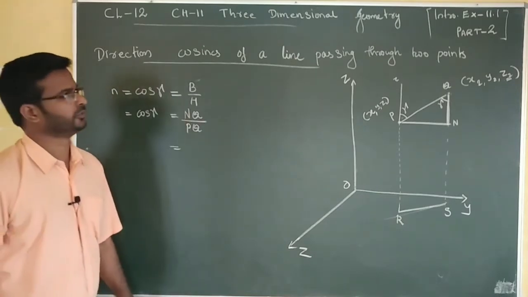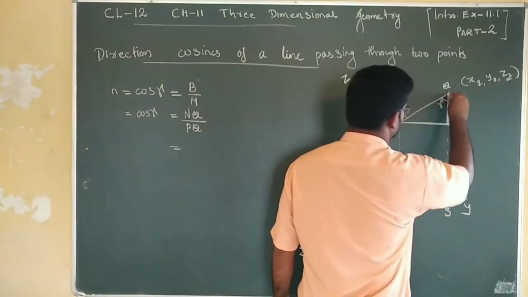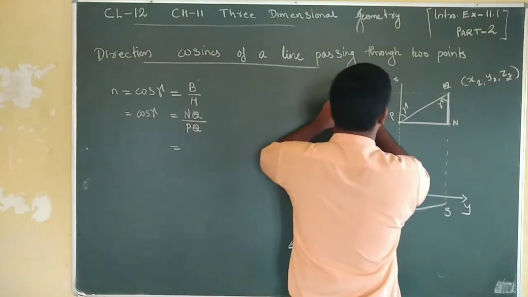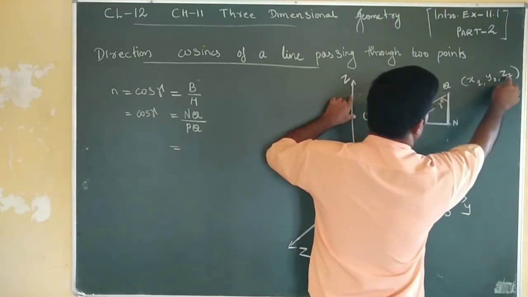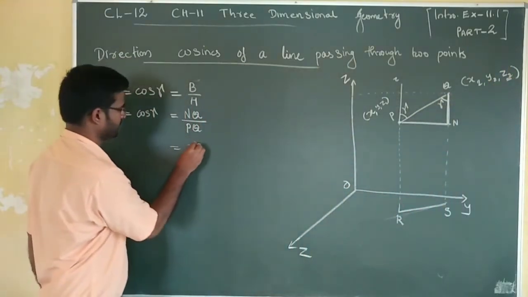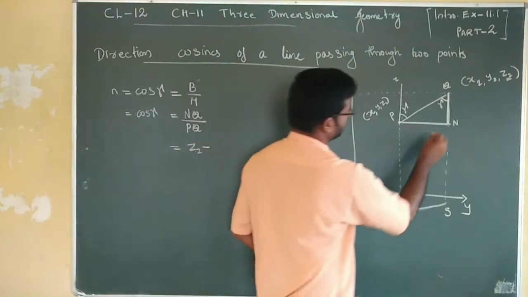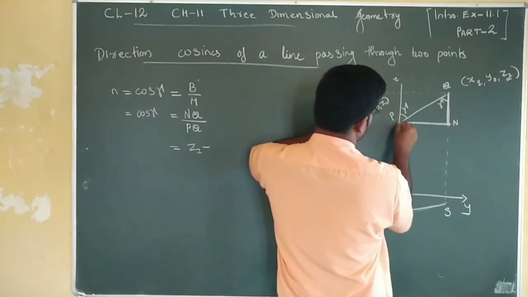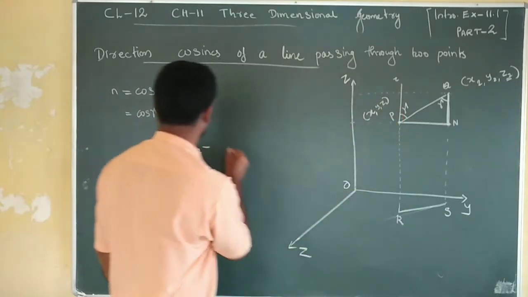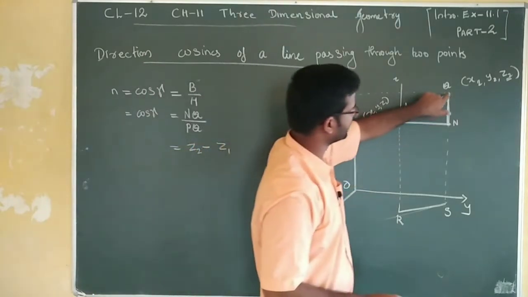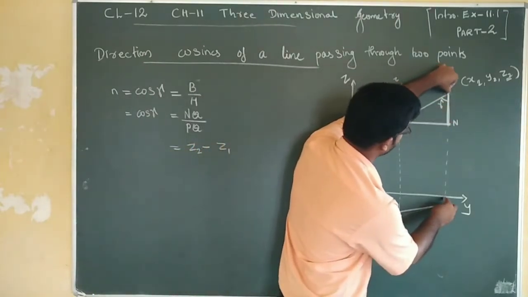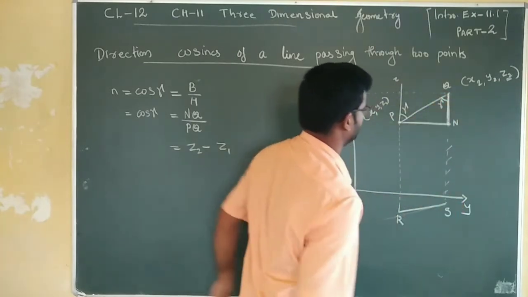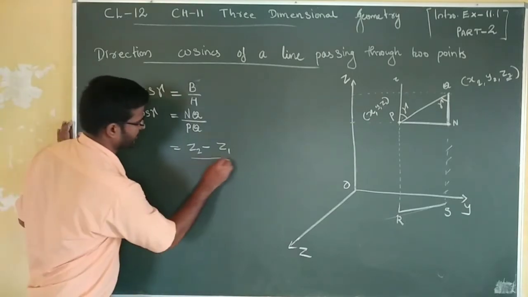Now we can write NQ. NQ means this distance. You consider this point. What is in here? This is z-axis, isn't it? Z-axis means we can write Z2. Z2 minus in here this point NQ. You will get which point? That will be P point. Z value is Z1. If you consider Z2 minus Z1, from here to up to here, that is Z2. Then we have to cut this part. Up to here, that is Z1. Then Z2 minus Z1, we will get NQ.